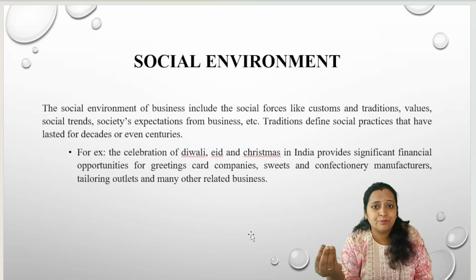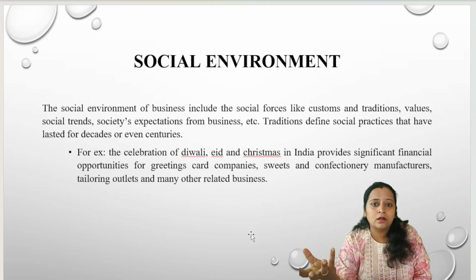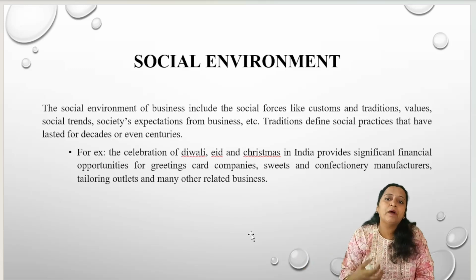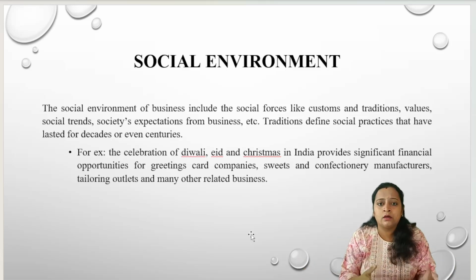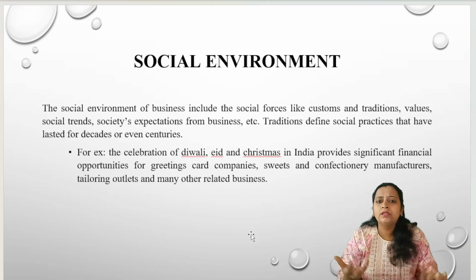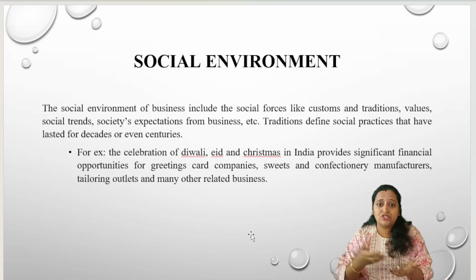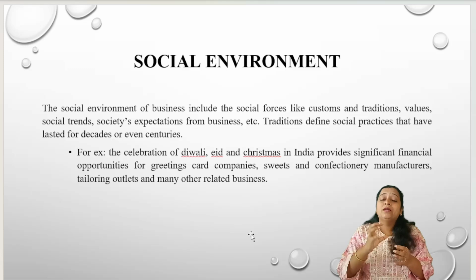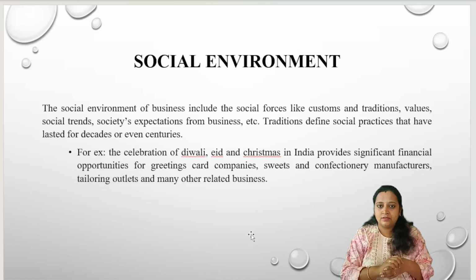Like your kitchen products, your mixers, your grinders, your ovens, your rice cookers. Because women are lacking time, she has to prepare the food or take care of all the chores of the home with these gadgets only. So demand for these products has increased, and also demand for packed foods. All these things have got a high demand due to these changes in the mindset of the people. So that is what we are telling. The society, the values, the norms, the changes in the mindset of the people also affect the business enterprises indirectly.